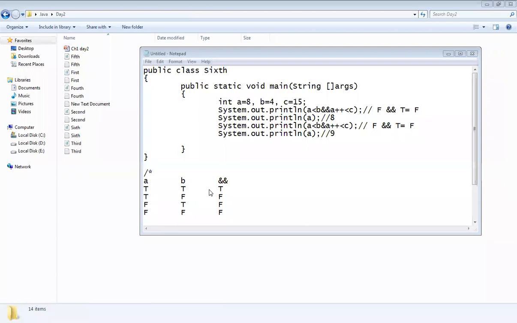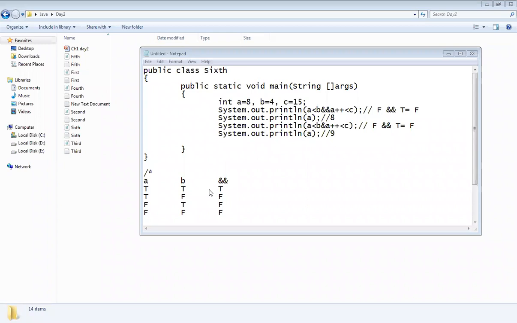In the same fashion, here also you have one difference. That difference is that the logical OR operator doesn't check the second condition, unlike logical AND. In AND, only if the first condition is true does it move towards the second condition. Whenever there is a false statement, then it must check the second condition because this is the OR operator.